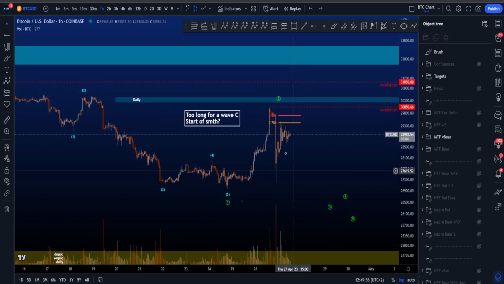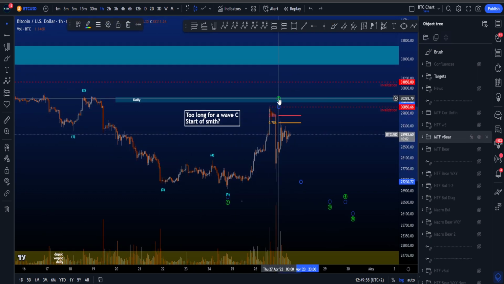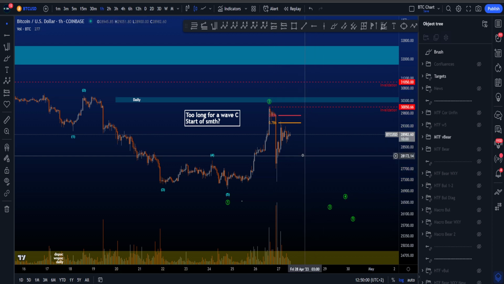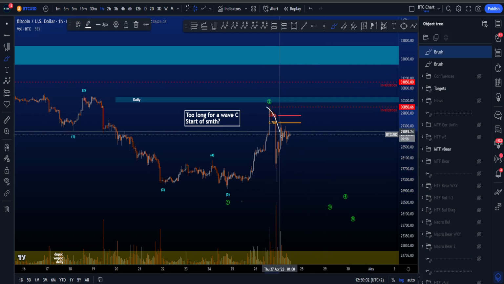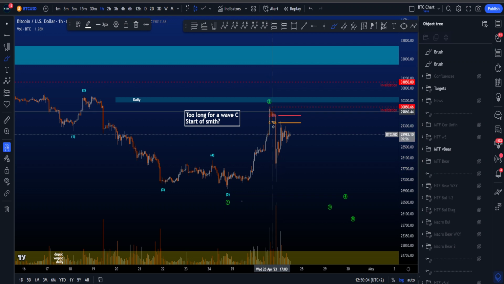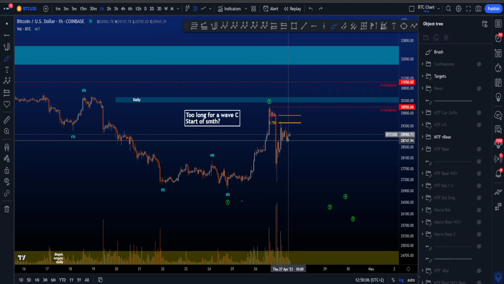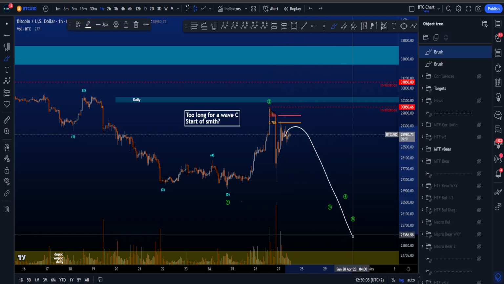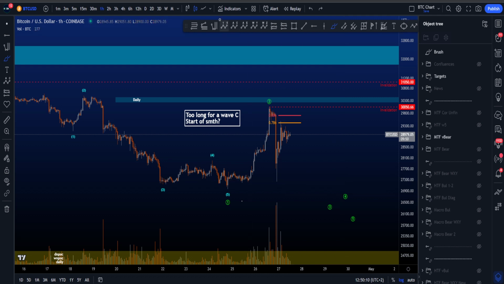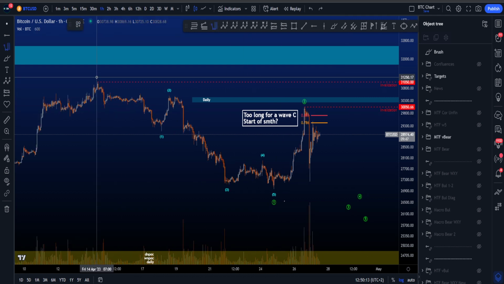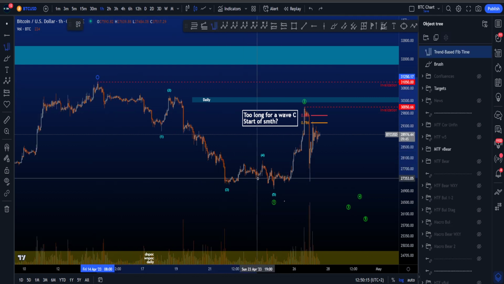So basically wave 2 is then finito, it's finished. So we can put the green 2 over here. And then this move to the downside is then another first wave, a wave 1. This structure is then a wave 2, for then eventually expecting a bigger move to the downside in a wave 3. Now, if we quickly take a look at fib time from the high of this impulse wave 1 to